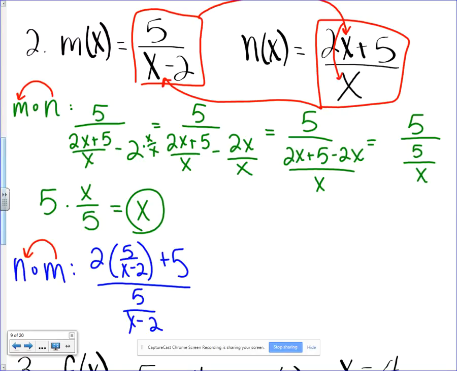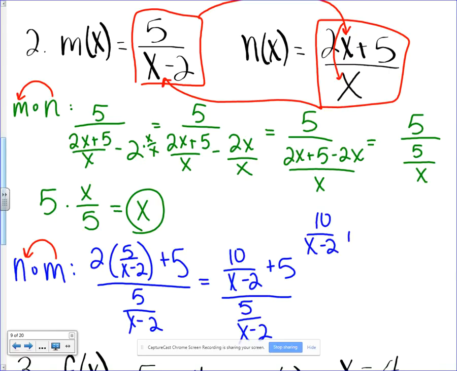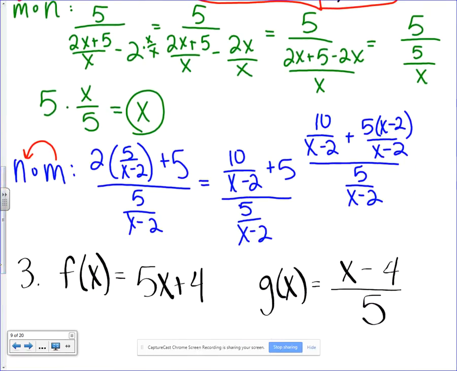Okay, so if I multiply that by 2, I get that. Now I'm going to need to get common denominators. So x minus 2 will be my common denominator. Looks like that. If I distribute, looks like I'm running out of room here. If I distribute that 5 and combine my like terms, basically I get,